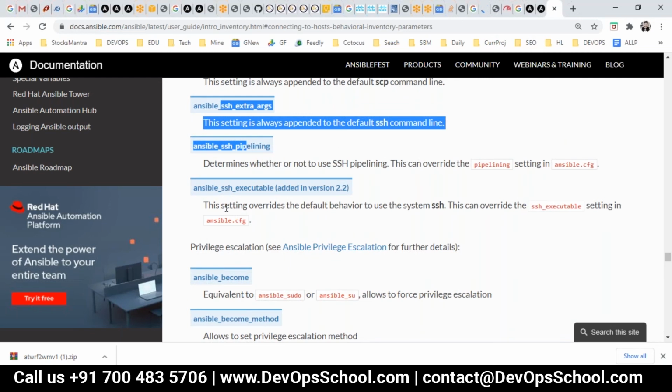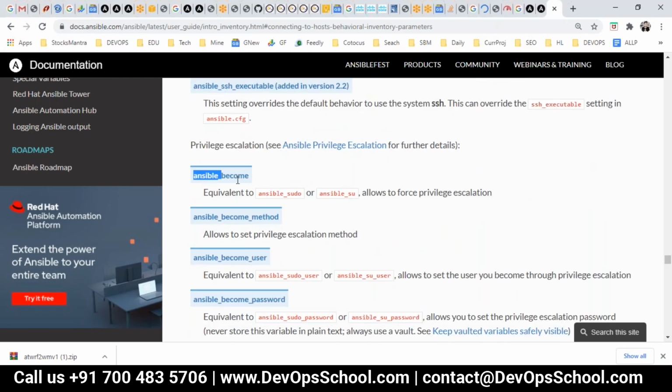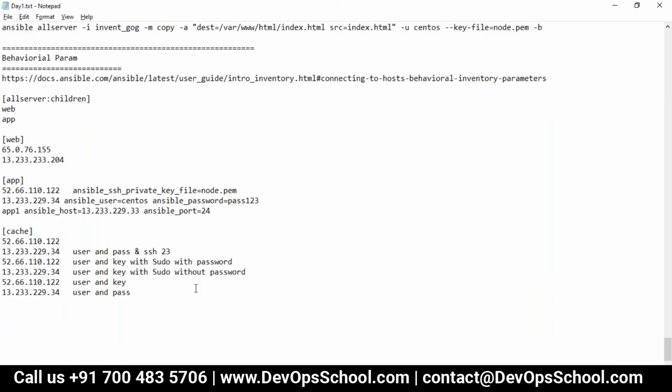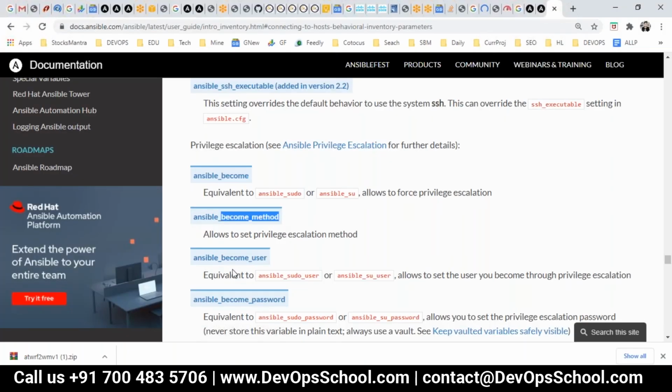Ansible become, -b, remember? You can pass it as different, is equal to yes. Become method, become user, a different user, remember, become with a different user, different password.